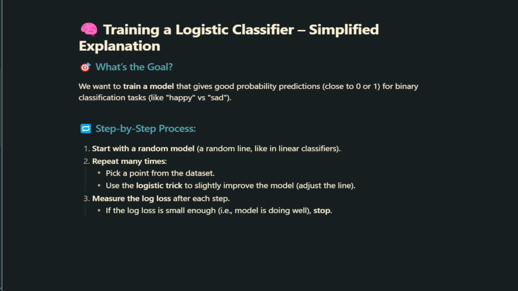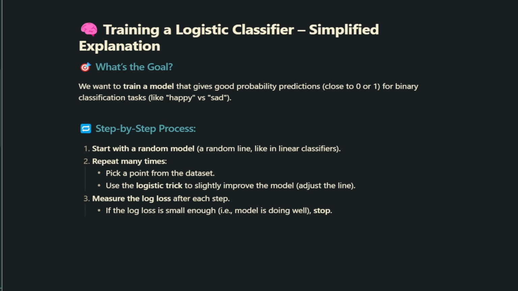Now let's see the step-by-step process. First, we start with a random model. You can think of it as just drawing a random line, just like we do in linear classifiers. Then we repeat this process many times. In each round, we pick one data point from our data set. We apply the logistic trick, which means making a small adjustment to the line so that the model improves little by little. After every adjustment, we measure the log loss. If the log loss is still high, we keep improving. But if the log loss becomes small enough, that means our model is performing well, and then we can finally stop training. So in short, logistic regression is all about starting random, improving step by step, and checking log loss